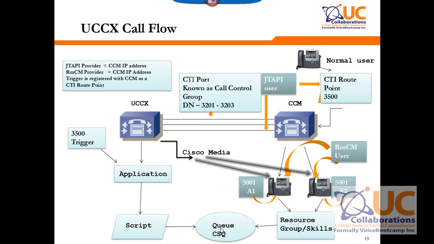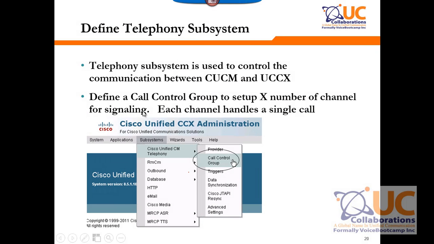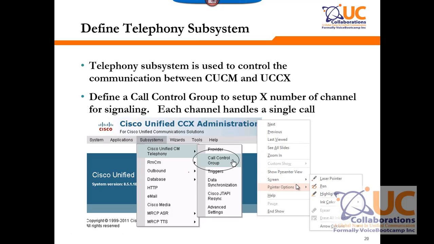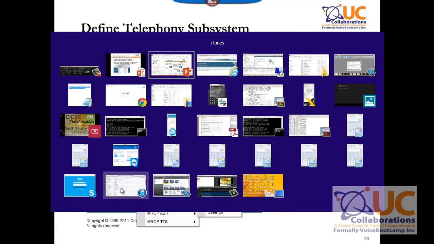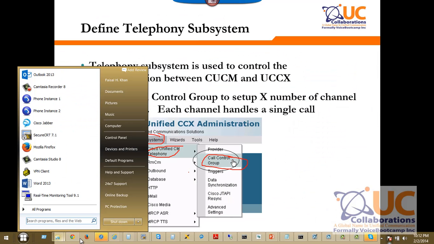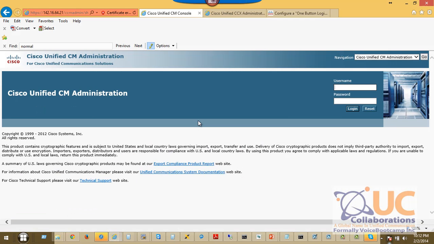Alright, now that we're logged in, the next step is to create the CTI call control group. We'll do that by going to the subsystem menu and selecting Cisco Unified Telephony and call control group. But before we do that, let's take a quick look at what has been set up by the system. If we log into our call manager,